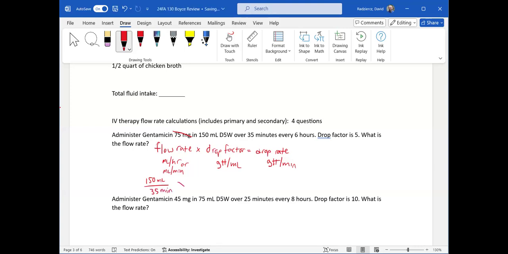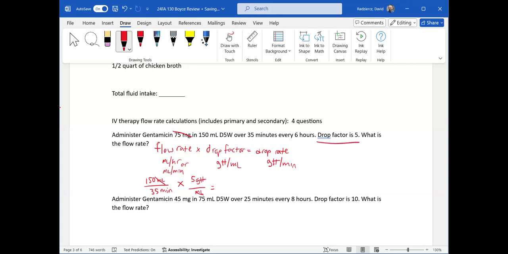Then I'm going to multiply by my drop factor, which is 5. And again, the reason I always set these up into dimensional analysis is because, even though the question just says what is the flow rate, it doesn't tell us specifically what to look for. But I already told you that when we're calculating a drop rate,